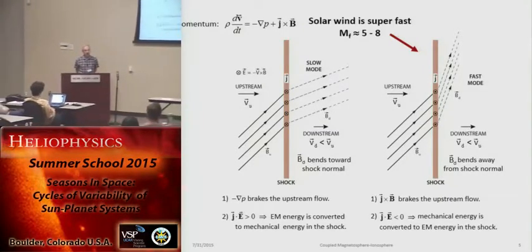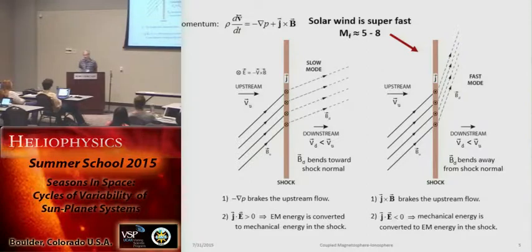And so in the shock, the electric field for the fast mode points in the opposite direction to the electric current. That shock is acting like a dynamo, an electric dynamo. It's converting gas dynamic flow energy into electromagnetic energy through the shock. Also, some goes into thermal energy. For the slow mode,